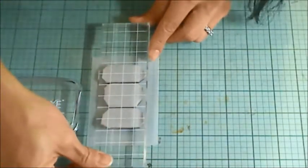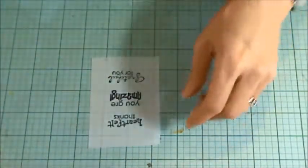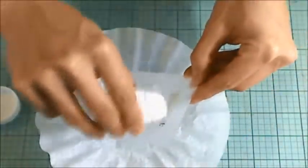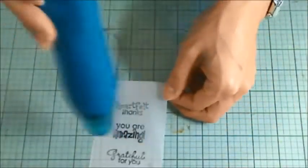Now I'm just taking my Memento Luxe Tuxedo Black ink, which stays wet enough for embossing powder to adhere, and I'm stamping that directly onto the vellum. And now I'm going to take some clear embossing powder and sprinkle that over top of the stamped sentiments, tapping off the excess, and then recapturing all of the excess leftover powder that I collected with a coffee filter back into the jar. I'm heating up my heat tool first, and I'm heating the vellum on the back as well